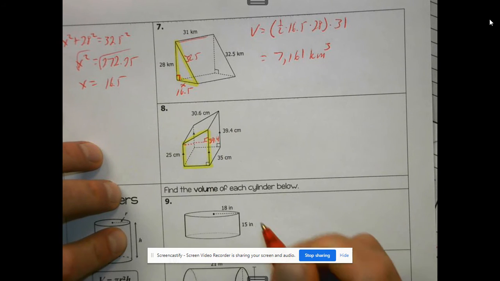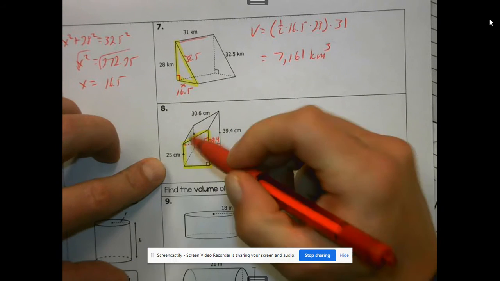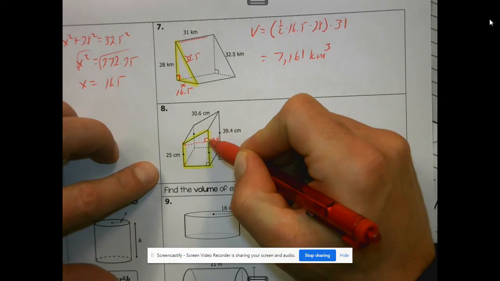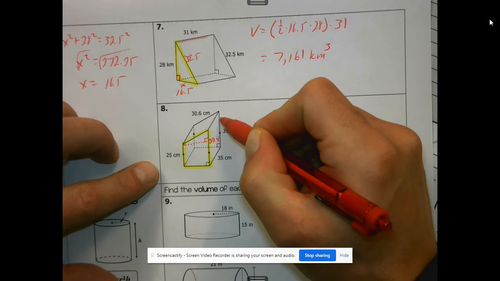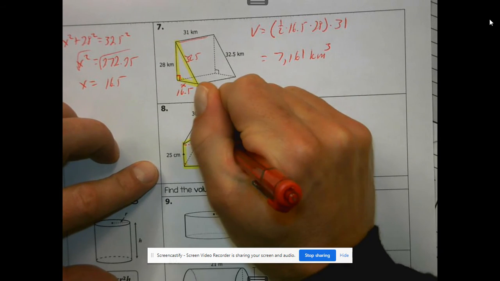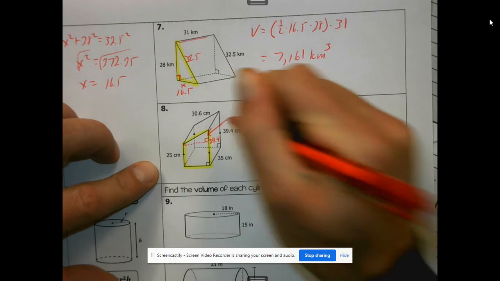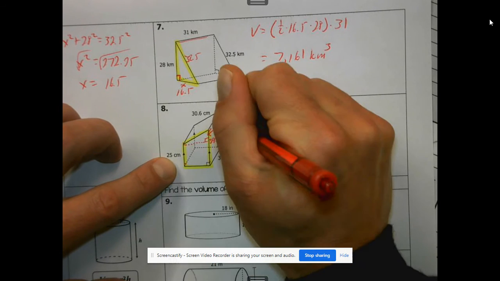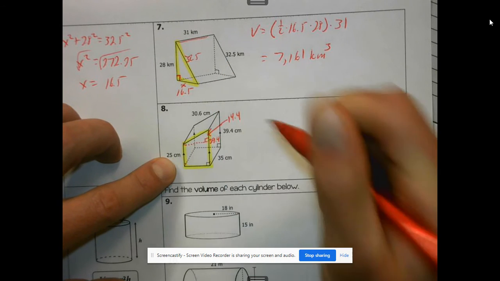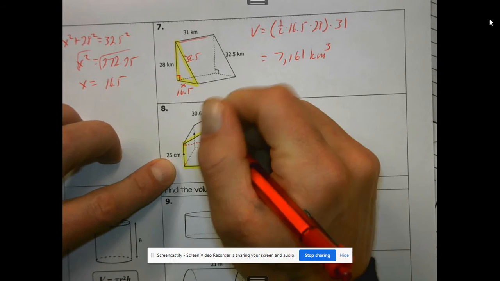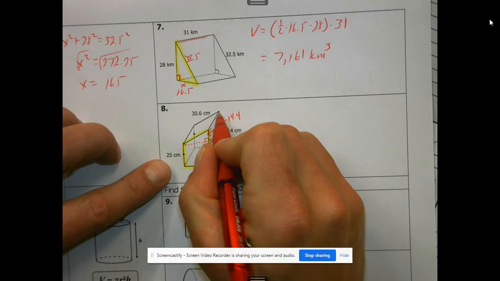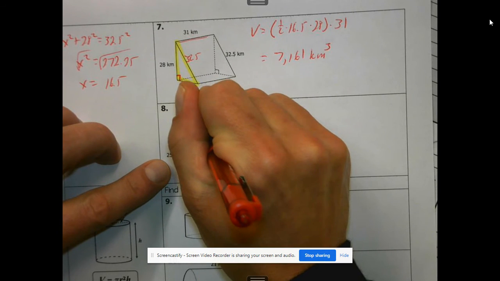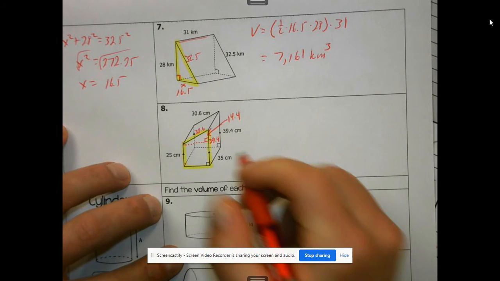It's the base at a 90. So here's what we know, right? From here to here is 25. And the whole thing is 39.4. So this little measurement right here, if I take the whole thing, 39.4, subtract out that 25, that gives me 14.4. All right? If this side is 30.6, that side is 30.6, and then I can use Pythagorean theorem to